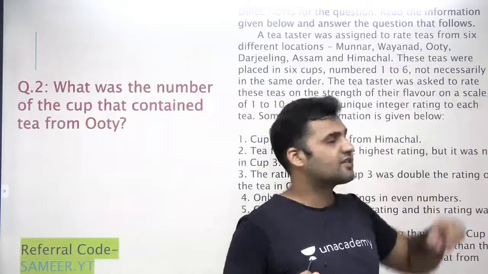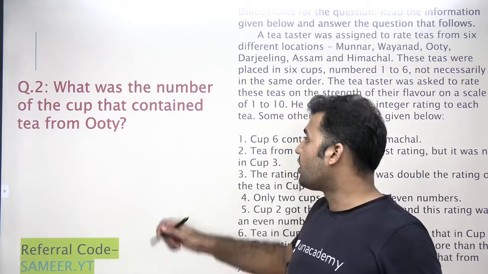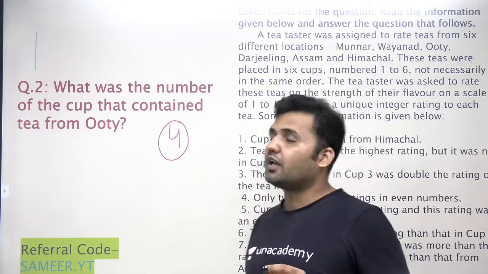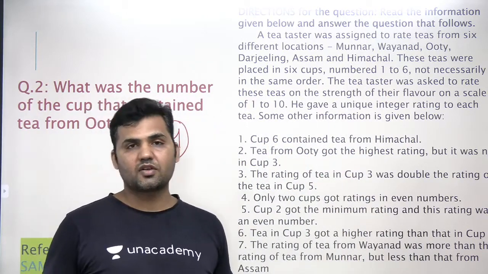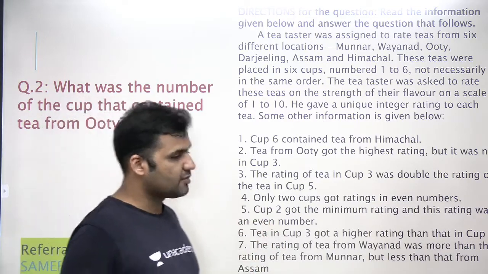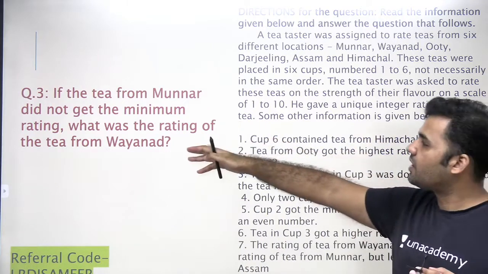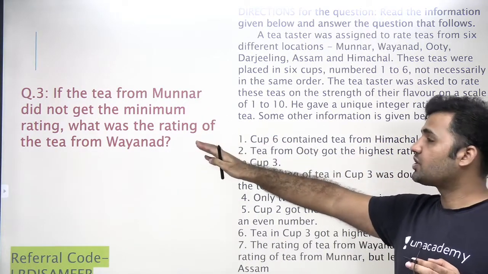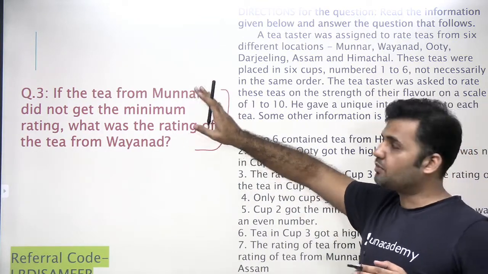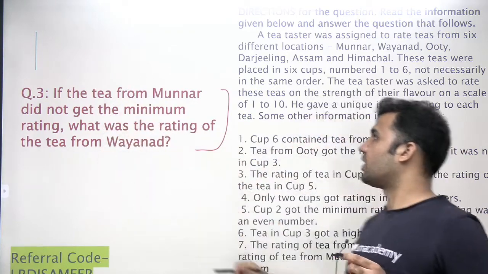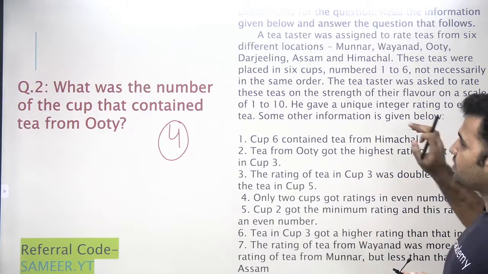So 2 questions can be answered without using the information of states. We don't need that information to answer the first 2 questions. Question number 3 and question number 4 will be discussed in the next part of the video. You try to give the answer to question number 3 and question number 4 now that we have made a small table, right? The third table is about the state, and state information is not unique, but try to use the information which is given in the question. Using this information, is it possible to answer the question or not? Try to do that. So here is question number 3 and here is question number 4. These are the 2 questions which I will be discussing in the next part of this video.